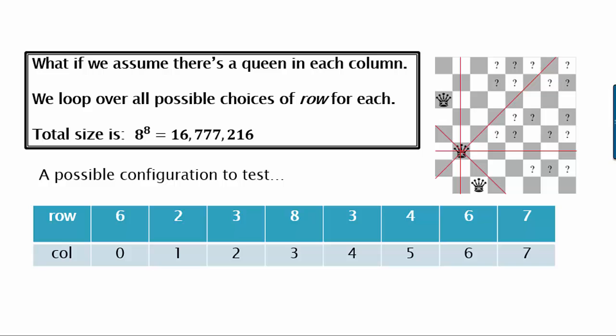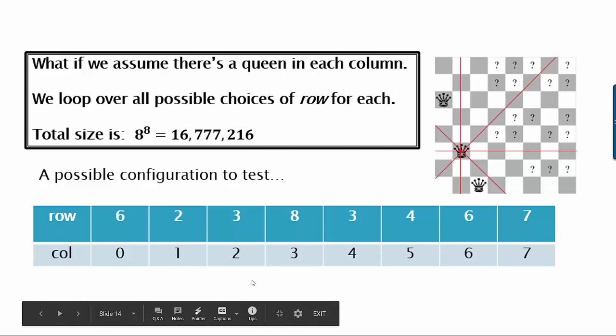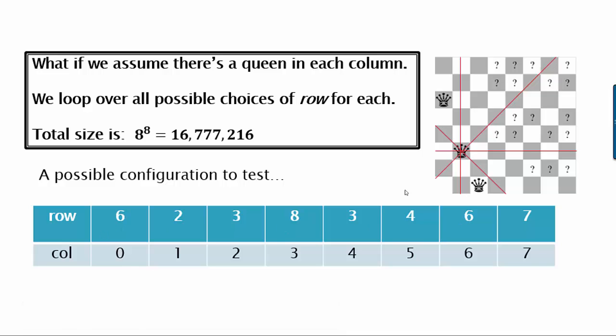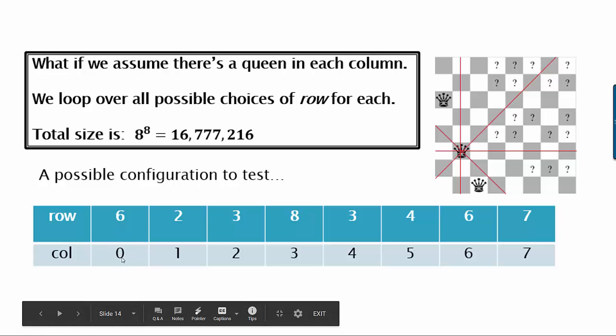On the order of hundreds of trillions of things might not be feasible to check, but if you're only checking 16 million things, you might be able to run that on your laptop. So here's a specific concrete example of what this might look like. I could just have a one-dimensional array where it says column here. This is just the index numbers. So these values in blue up here are the actual numbers inside the array. So at index 0, that represents the queen at column 0, and she's in row 6. And the queen in column 1 is in row 2, and the queen in column 2 is in row 3,